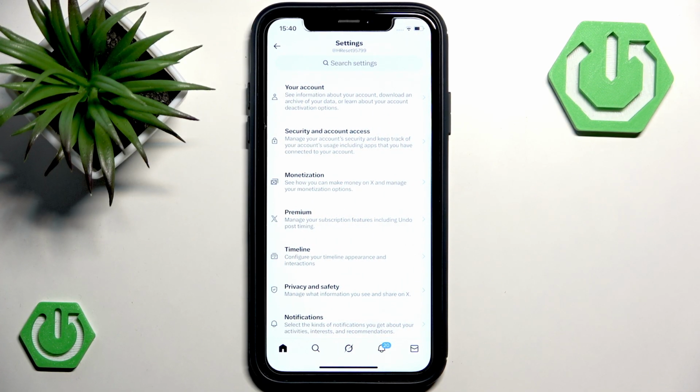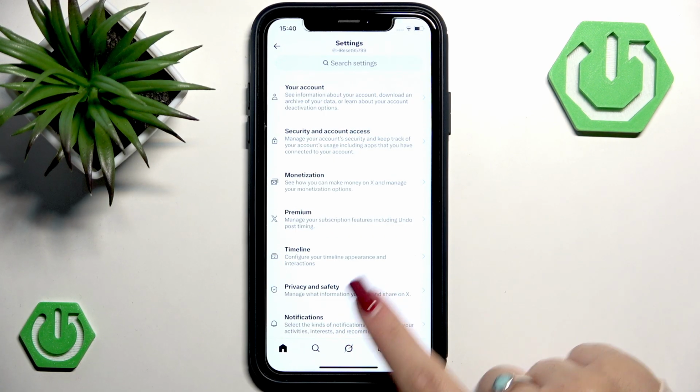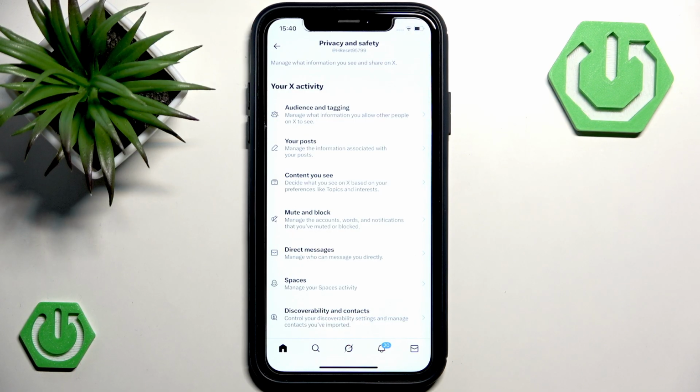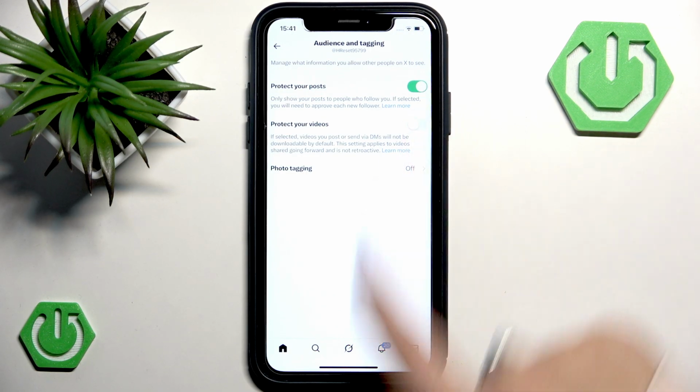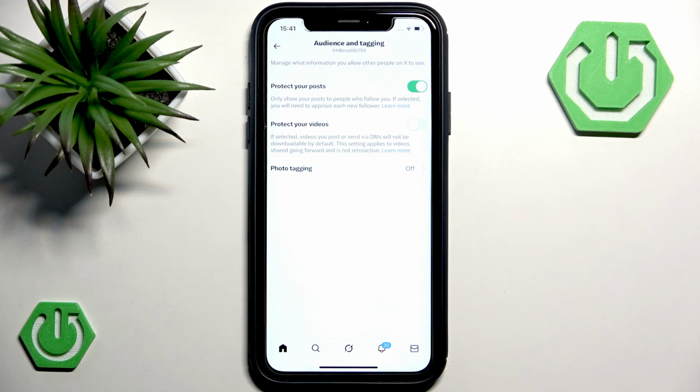As you can see, your settings are divided into several sections. Let's go to the privacy and safety section specifically. Now from here, go to a section that's called audience and tagging, and at the very top of your page you should see this option that says protect your posts. That's basically the feature that's responsible for making your account private. So I have already made my account private,